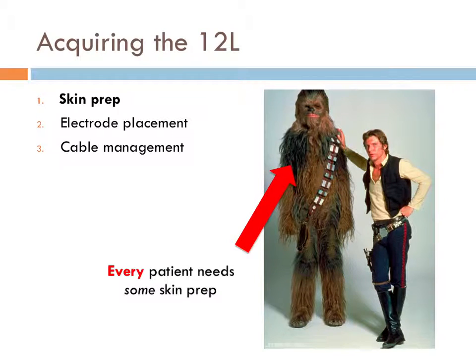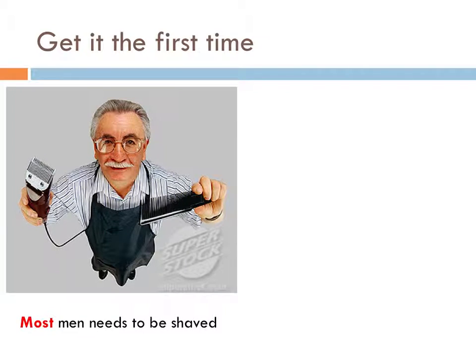So every patient needs some degree of skin prep. There's three main parts. For men, they probably need to be shaved. I've never seen a woman that needs to be shaved. That doesn't mean they don't exist, but most men are going to need to be shaved in order for the big circular foam electrodes that are typically used by EMS, in order for those to get any sort of good